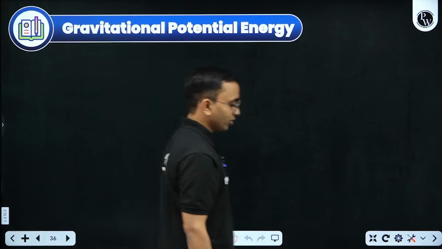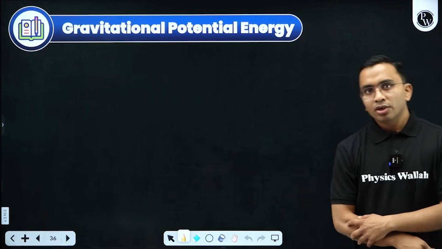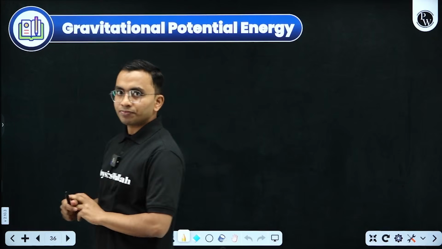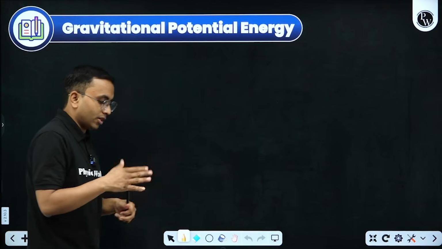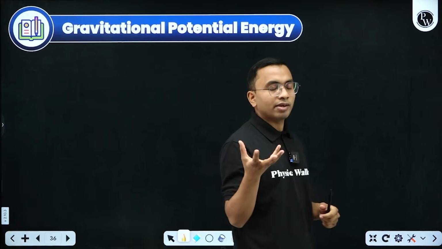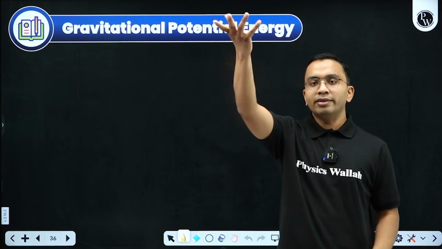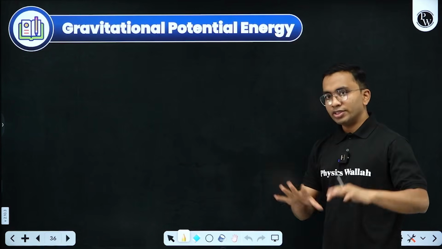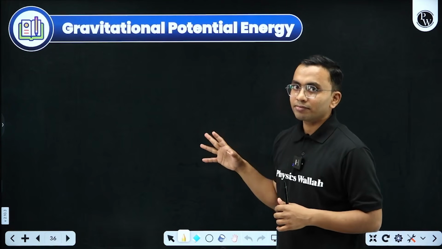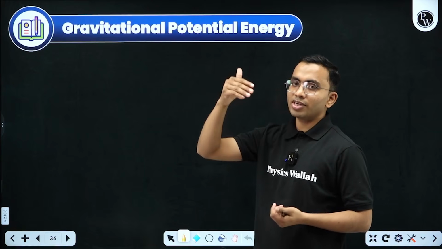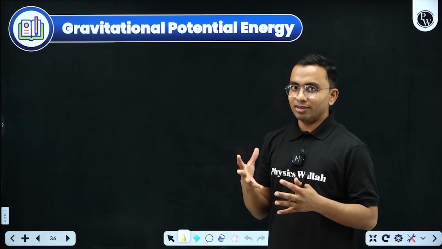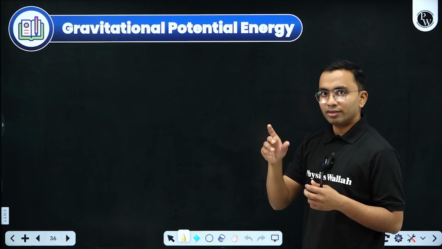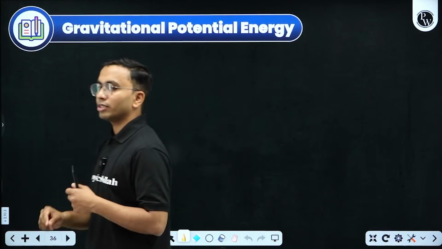Now, gravitational potential energy. We discussed gravitational potential energy in work, energy, power also, and we discussed that if a mass m is at a height h above the surface, we write its potential energy, considering the surface as reference, as mgh, considering g to be constant. But here we will be considering distances which are far more than or comparable to the radius r. So then we need to consider g to be variable. There we cannot consider g to be constant.